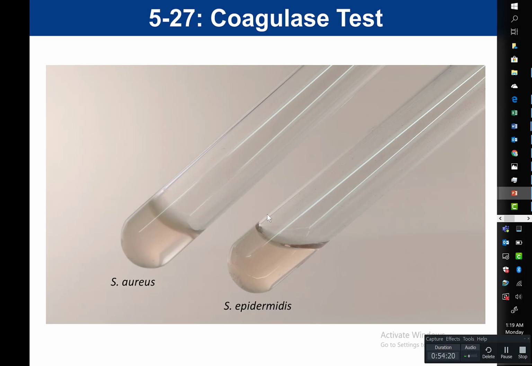And so this would be our follow-up test if we were trying to confirm Staph aureus. After MSA, any possible positives that we have on our MSA would be followed up with a coagulase to confirm whether or not it is in fact Staph aureus. And if it is coagulase positive, that is going to be confirmatory for Staph aureus. And so this now concludes our video on Staphylococcus, talking about the MSA and the coagulase test.